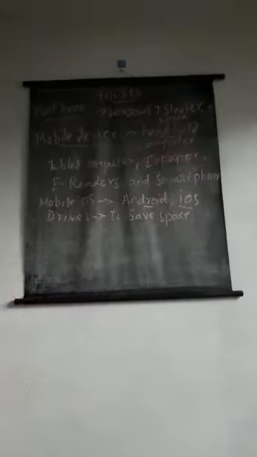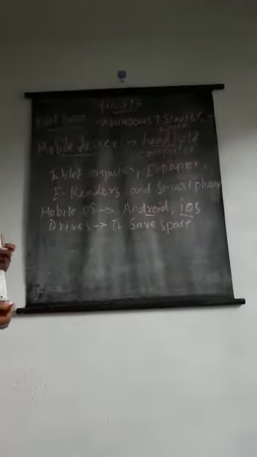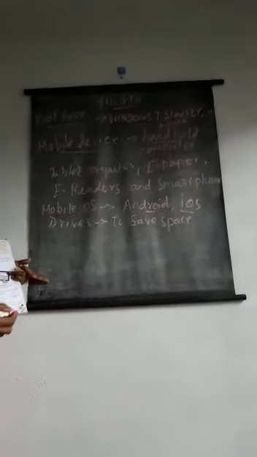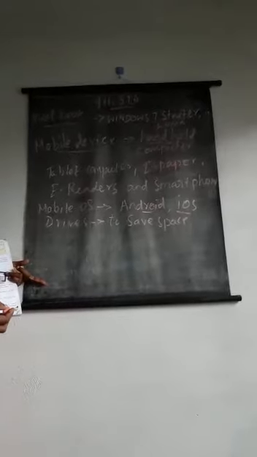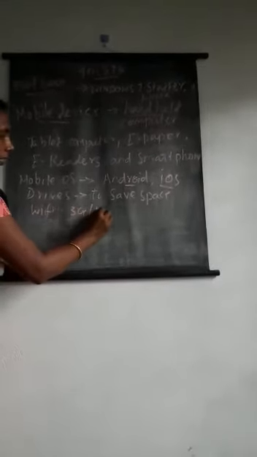Next one, Wi-Fi and 3G, 4G. With a data plan, on a mobile device you can get internet access. How can it be used? Through Wi-Fi connections, and 3G and 4G data plans.